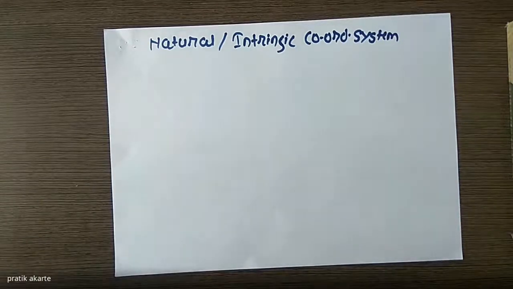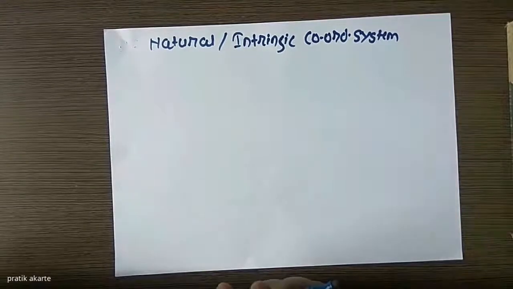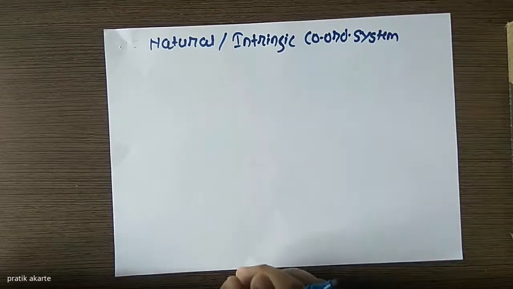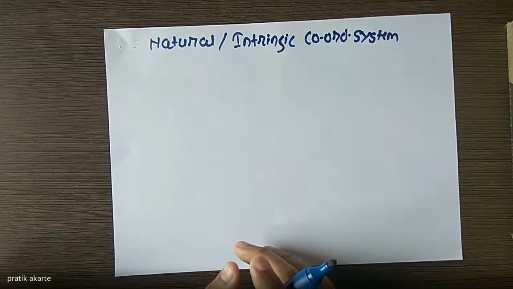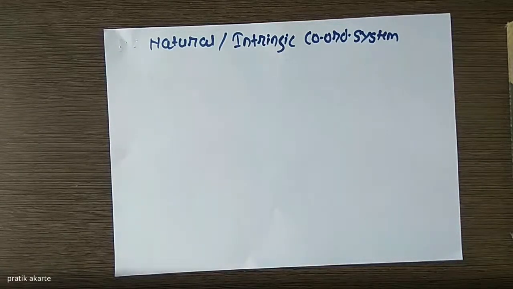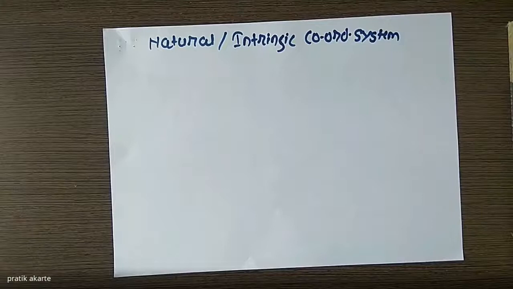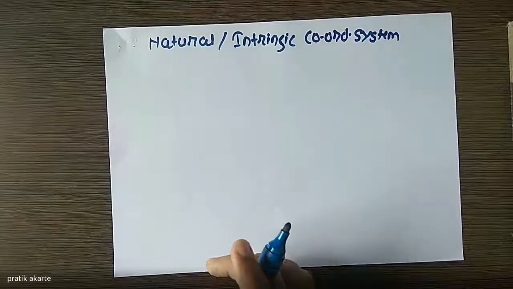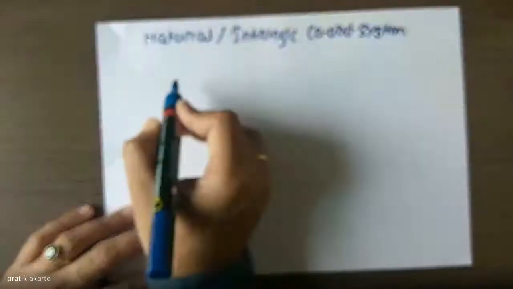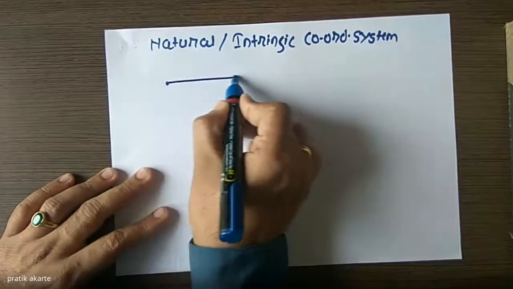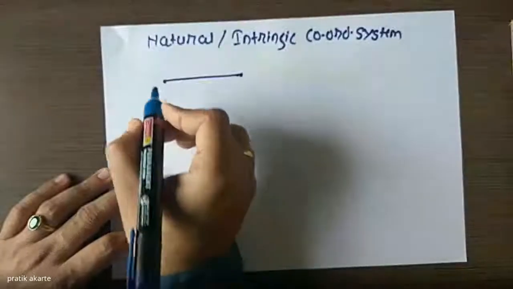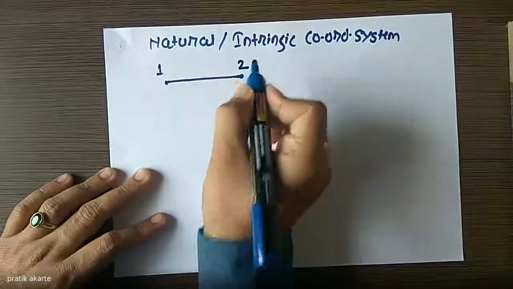We generally represent it in the global coordinate system in x form, but it will be easier for us if we make it in the natural coordinate system to establish a shape function. If you remember, the shape function can be used to establish the interpolation function, how your field variable varies within the element. That concept we'll discuss later on, but let us draw the same element in the global coordinate system and the intrinsic or natural coordinate system.